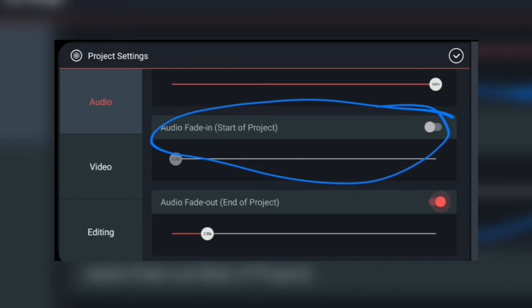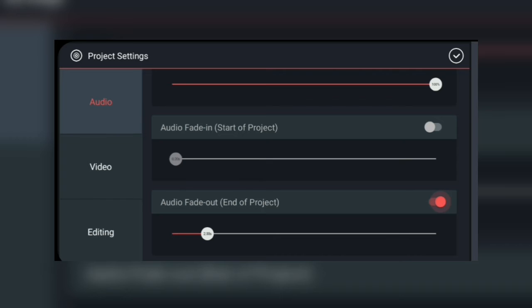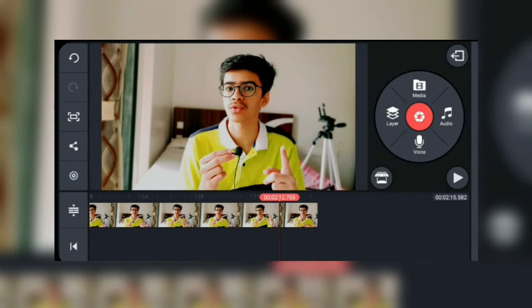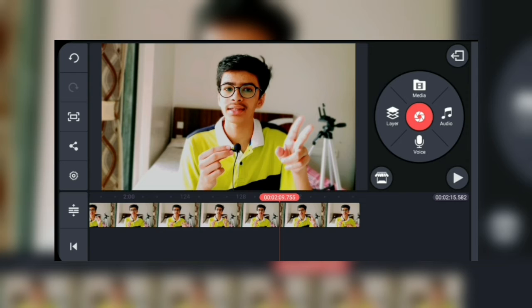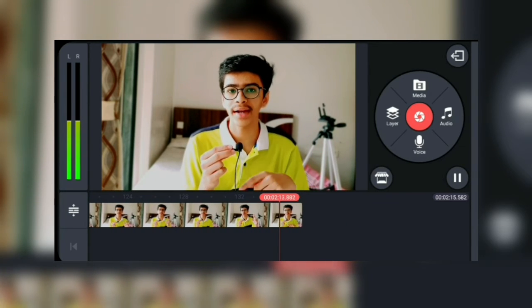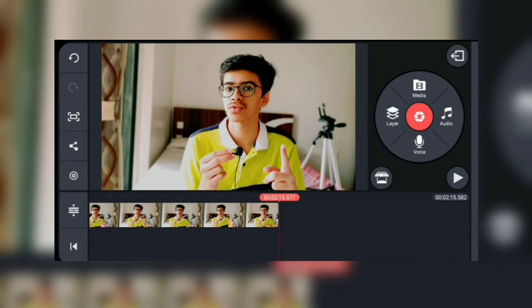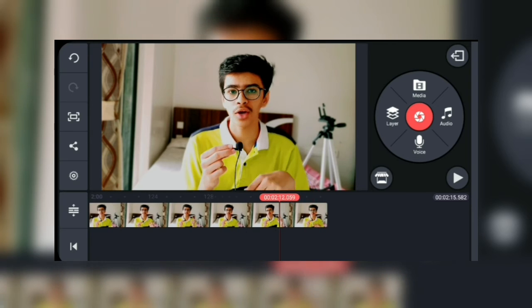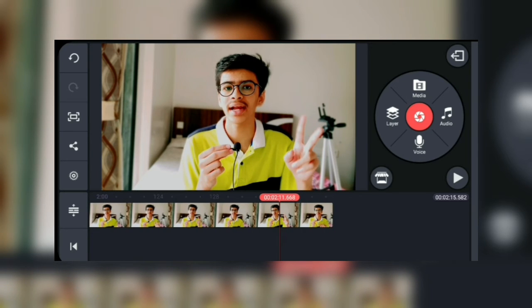So you simply need to enable it, and don't even try to skip this option because otherwise it gives very abrupt output. So after enabling this, you can adjust the timing of your audio fading out from your videos. So I suggest you keep it 2 seconds only, and I will simply click on take and again show you the same clip, and now see the difference between the previous one and this one. Stay safe from COVID-19, and as this video ends, there will be a highlight of my first. So guys, as you saw, before 2 seconds of the video ends, the audio starts to fade, and this looks much more professional.